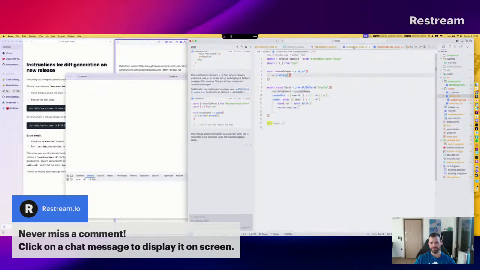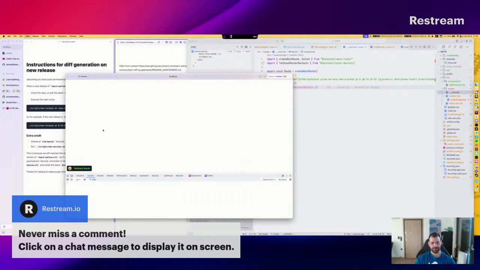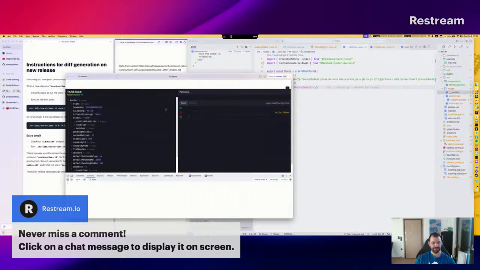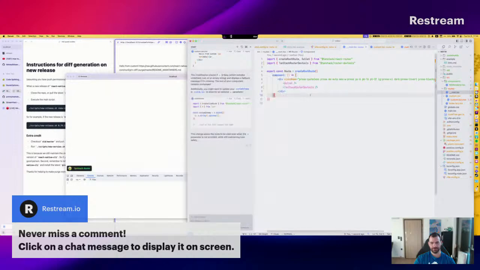I'm guessing, but wait, let's see what this thing does. I mean, in this case here. Okay. Because I'm guessing the loader failed, yeah. Okay, the colors are all messed up. Anyway, okay, so we want to do